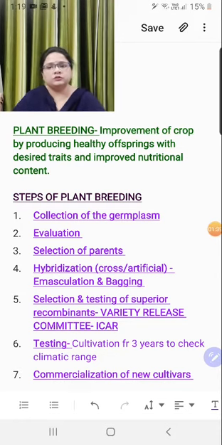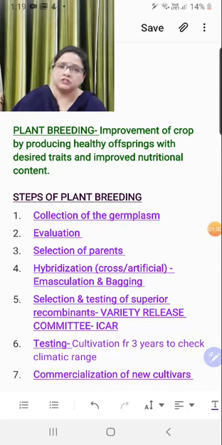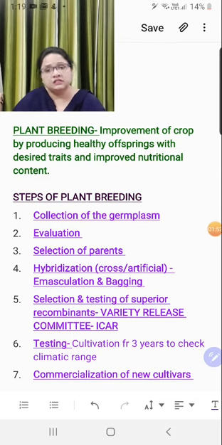When we are supposed to do plant breeding, what are we going to do? I will be explaining you all the steps sequentially. So the first one here is collection of germplasm. Here by germplasm, we are referring to the genetic content or the genetic resource that we are going to collect. Obviously we are not going to extract the DNA out of a plant here, right? What we are seeing is, we are having a field, and the fully ripened crop is there. Then we collect all the varieties.